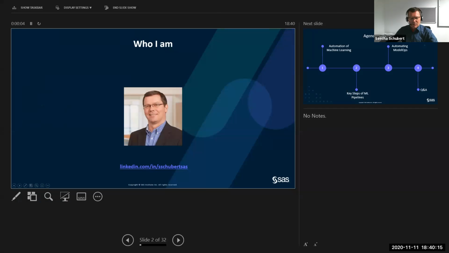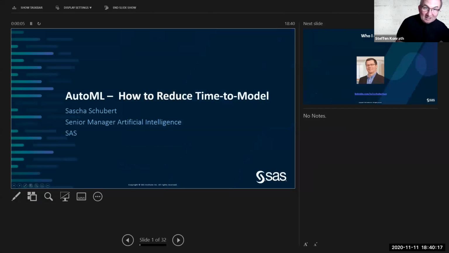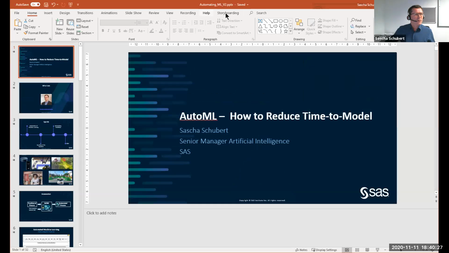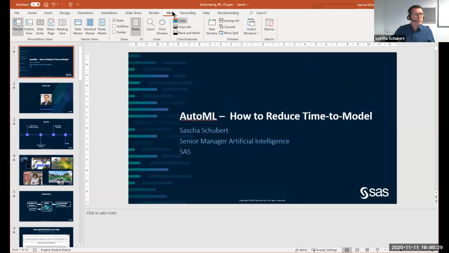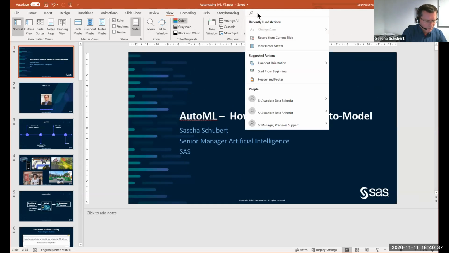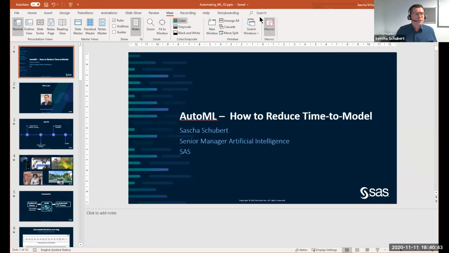Okay, can you see the slides now? I can see the slides still, but I see also the preview. Okay, then I have to stop this and probably change the view. Where's the monitor? Sorry for that. We didn't have that before, did we?